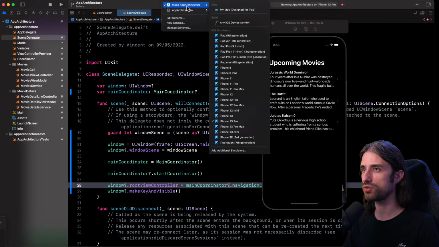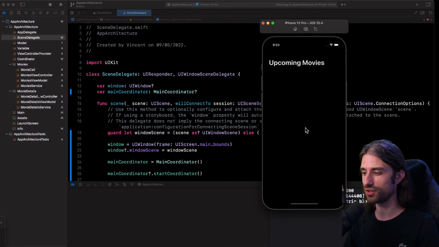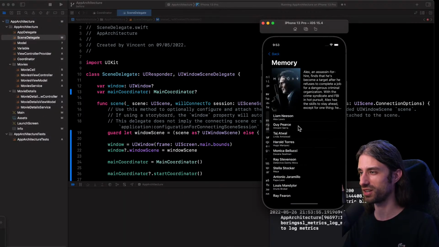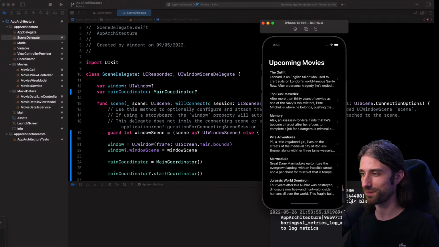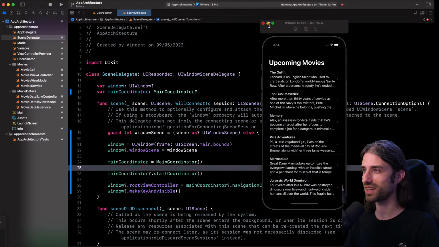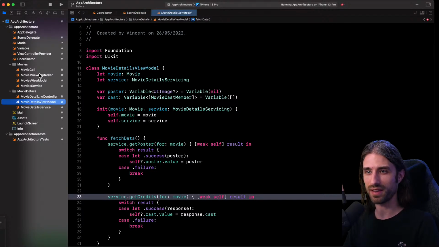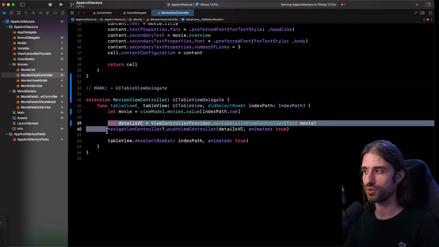Okay, I'm going to switch back to the live version because this way, for navigation, we will be sure that it works even better if it displays the correct data. Okay, so the coordinator is ready. Now it's time to actually use it to extract some more code inside it. So if you remember, I want to extract this code right here.